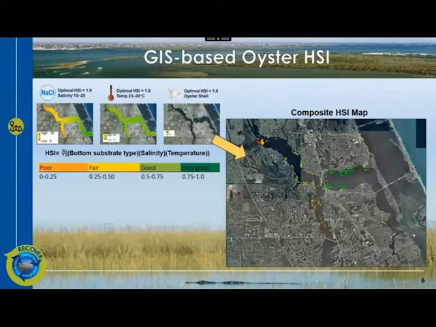Here's an example of how the individual functions are brought together to create a GIS-based composite HSI map. Here we have a salinity layer, a temperature layer, and an available substrate layer. And these come together to form the composite HSI map, which reflects polygons that are color-coded based on HSI scores. And these HSI scores are grouped as either poor, fair, good, or very good, based on the following ranges of